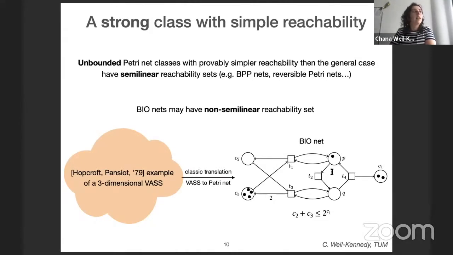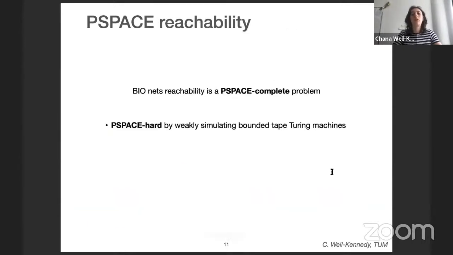Okay, so the interesting part, and what I'm going to spend the rest of my talk on, is that I would like to convey to you how we get a PSPACE upper bound on the reachability problem of this class. Because I think that, although I won't go into details of the technique, it should be reapplicable elsewhere, and it's interesting. All right, so the PSPACE hardness of the reachability problem for bionets is via reduction from the